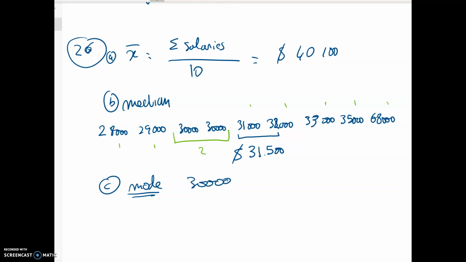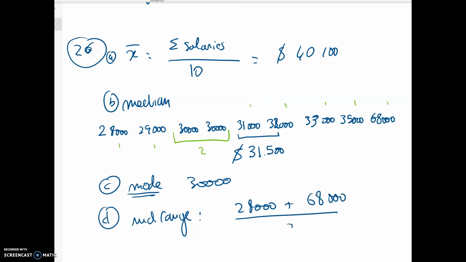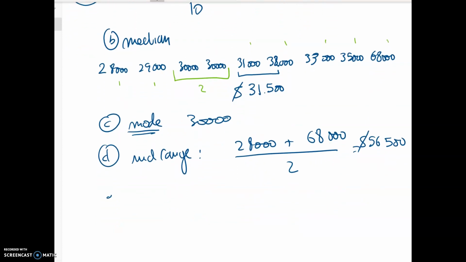The mid-range. I take the lowest, which is 28,000. I take the highest, which is 68,000, and I divide by 2, and I got $48,000 for the mid-range. Finally, for question E, which is if the employee wanted to demonstrate the need for